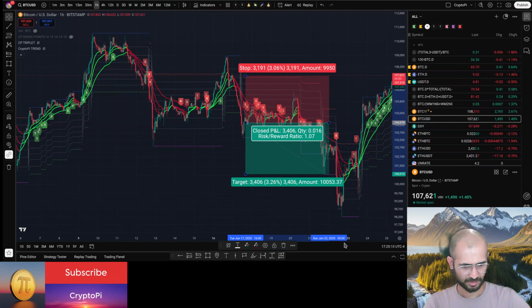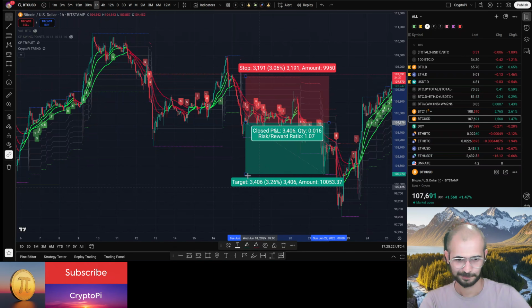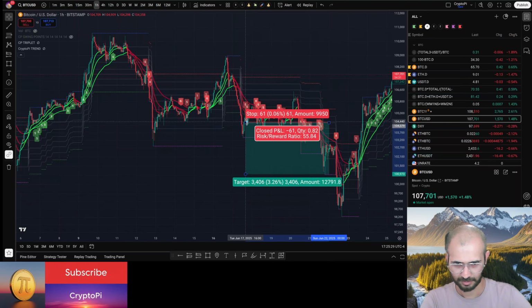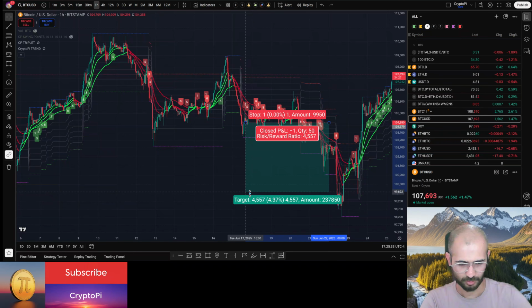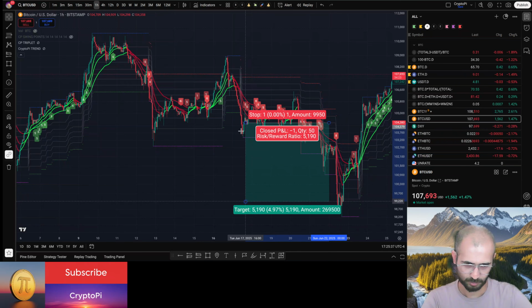Yeah, and then I would be in profit of 3.26%. So I will have $20 in my profit. But as soon as I have reached here, I can bring my stop loss almost to the entry point and then let the trade run however far it can. And if I see the price moving further, I can